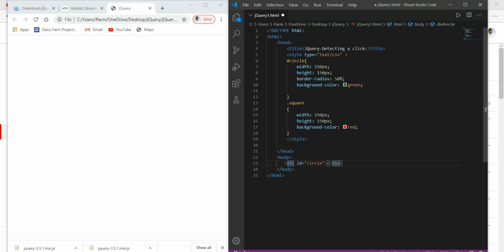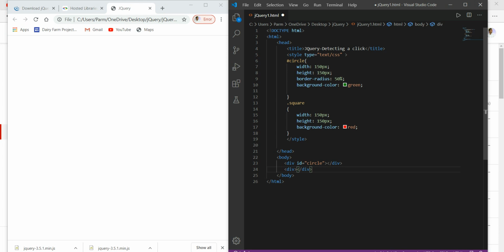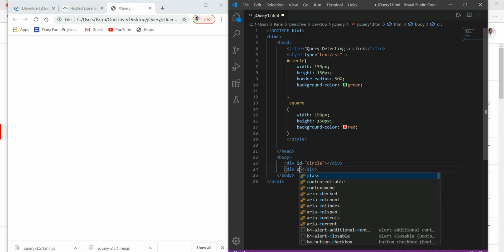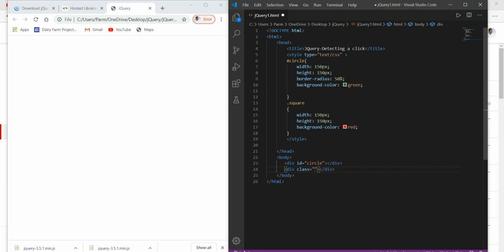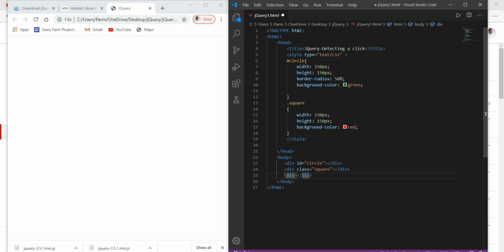Okay, then div, here in this case we have to use class, and the name of the class is square. Here I am going to create another square, so say take div and class square.